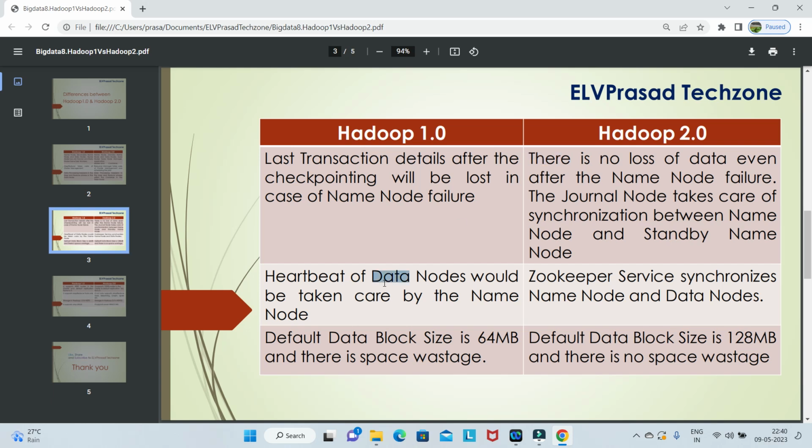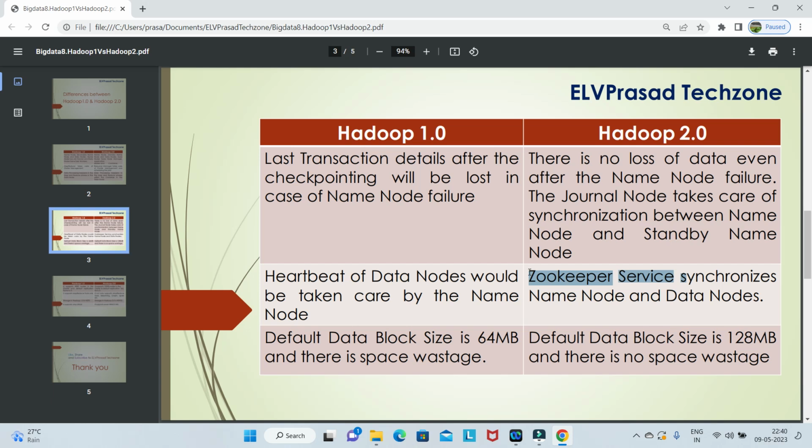The heartbeat of data nodes is taken care of by the name node in Hadoop 1.0 architecture. But in Hadoop 2.0, the zookeeper service is introduced, which synchronizes the name node and the various data nodes